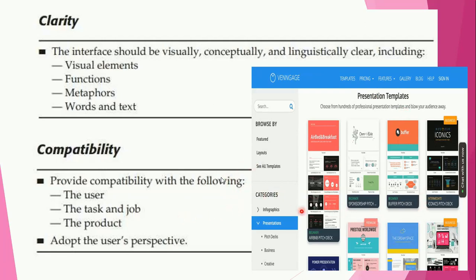Suppose the graphical user interface is being developed for certain smartwatches. That user interface will be implemented in that smartwatch, and it is compatible with that particular product. So compatibility has to be there within the product also.